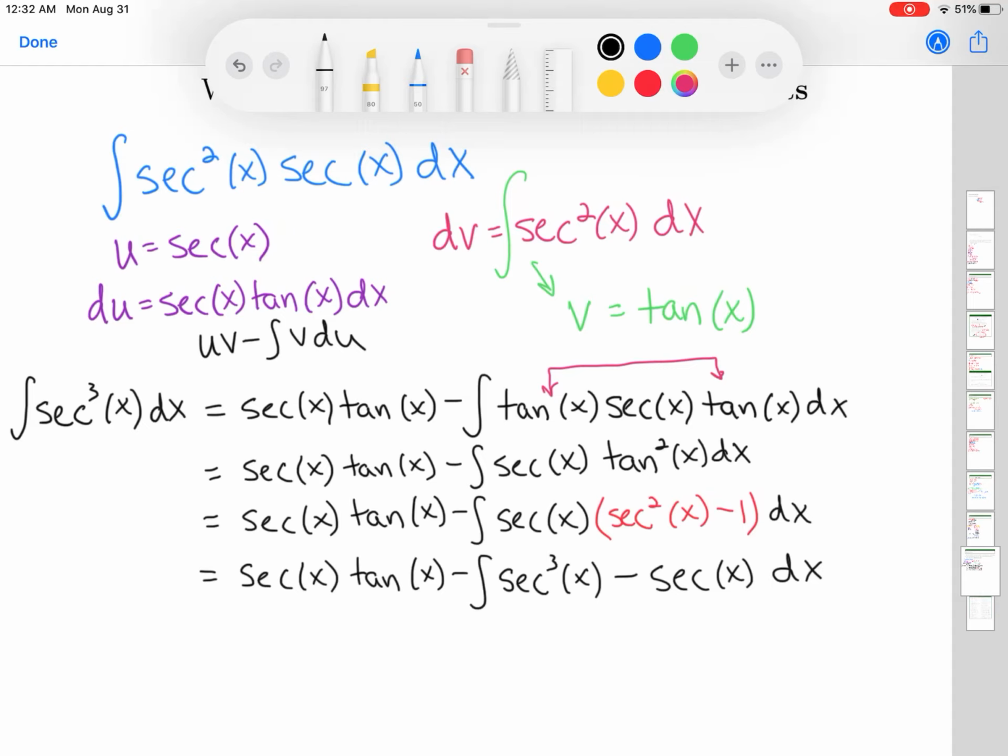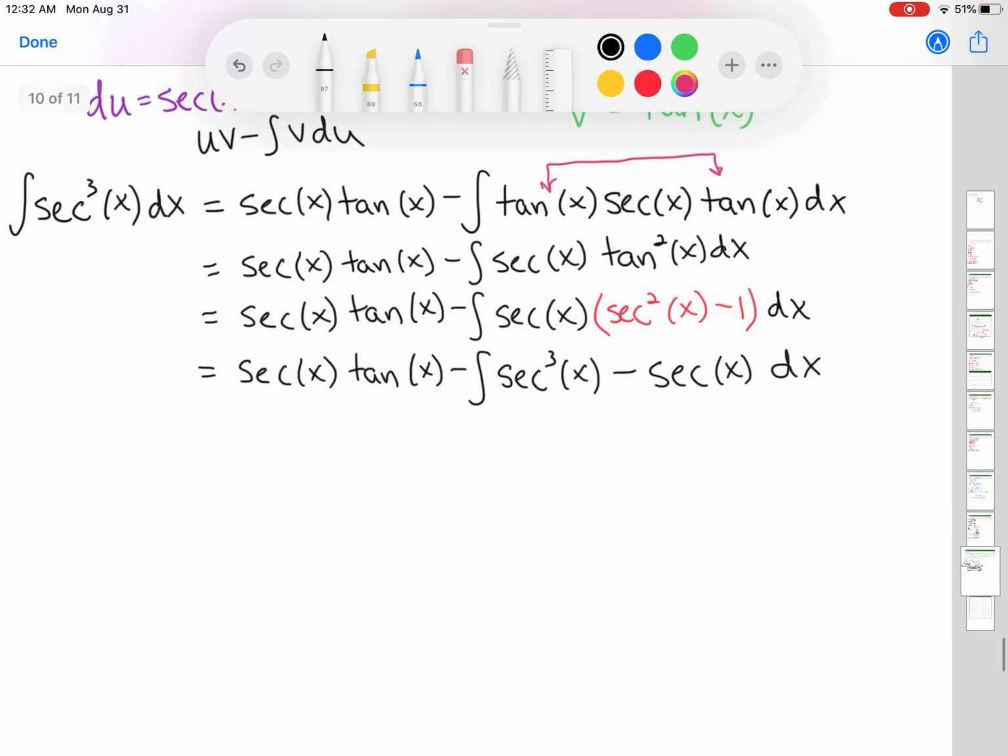Okay, so like I told you guys before, if I have two terms in an integral, I can break it up and rewrite it as two integrals. And that's what I'm going to do here. So okay, let's do that. Continuing to rewrite the stuff that doesn't change, I have secant x tangent x. Now, I'm just going to leave it like this. So let's see, I have the integral of secant cubed x, and